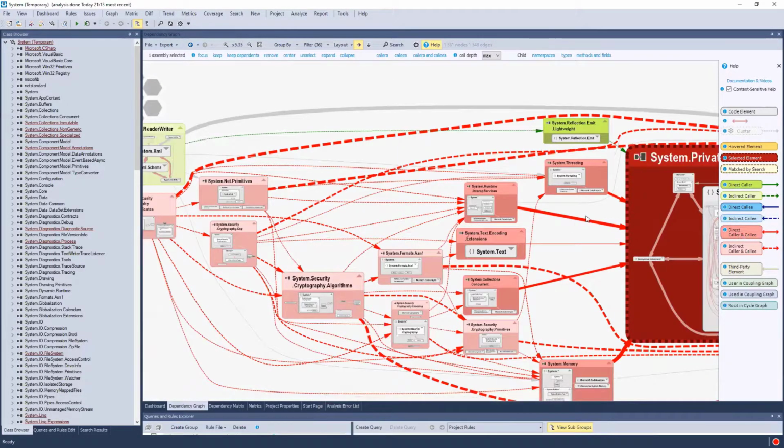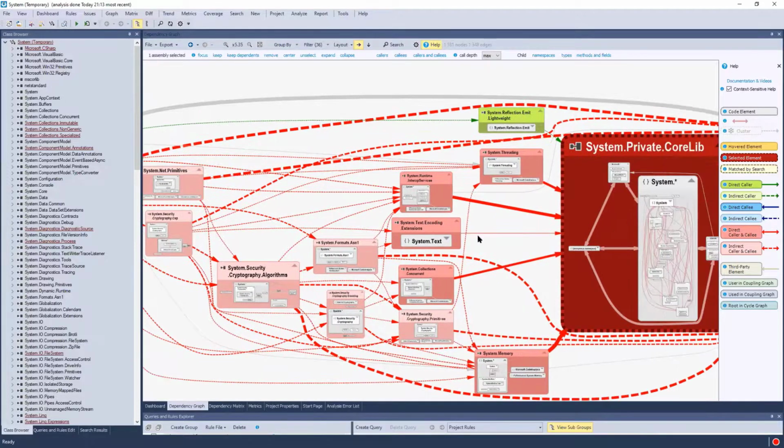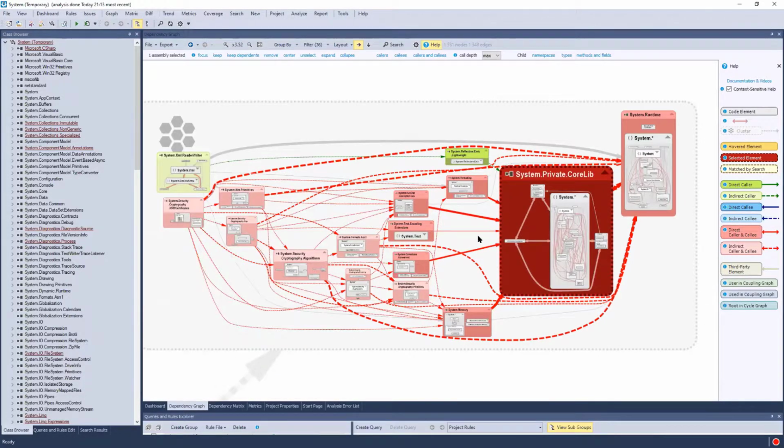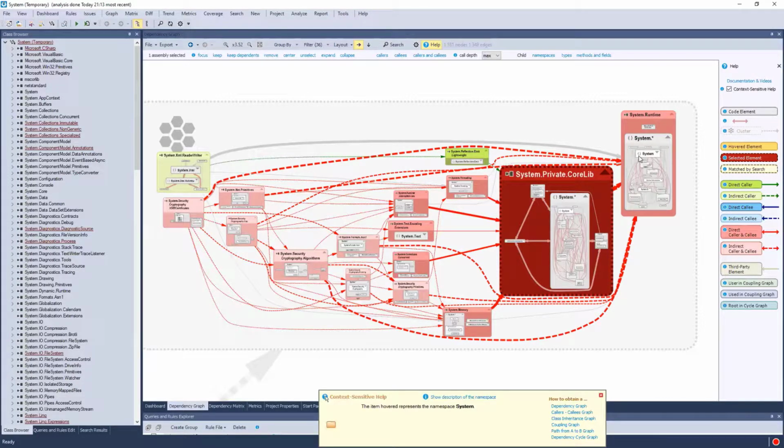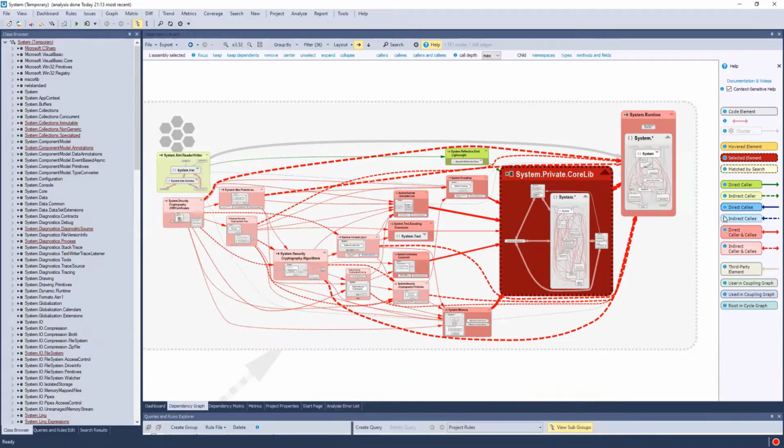Then we have the color red, which means that they are using each other. Somehow this one is using all these assemblies, which is normally not possible in Visual Studio because it forbids cycles, but in .NET 5 you have this kind of cycle. And finally you have the blue that indicates used elements.